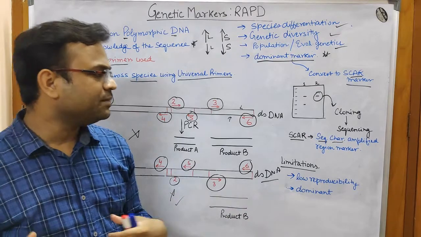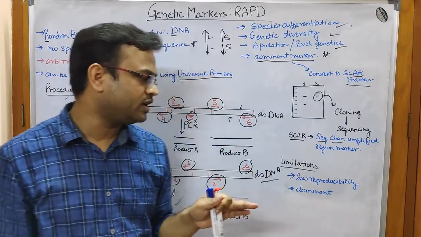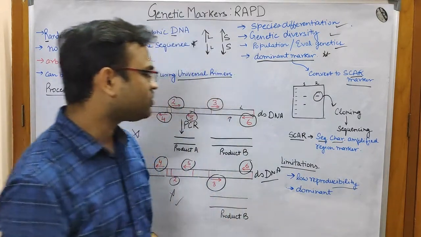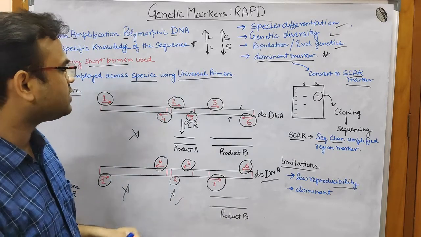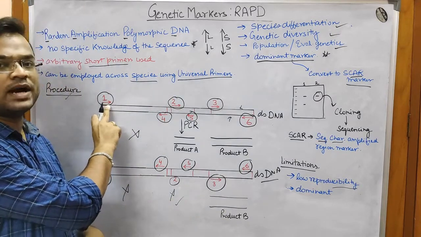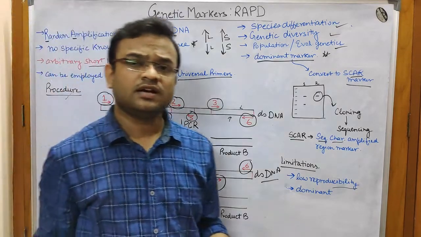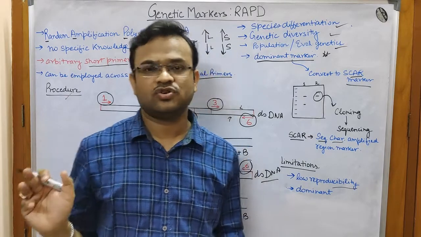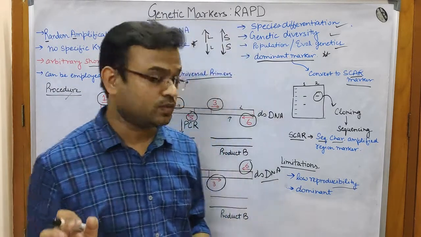So now coming to the limitations, what are the limitations of this particular RAPD technique? As I have already told you, it is of low reproducibility. Once you try to repeat this experiment, it is not necessary that the primer would bind at this position only, it can bind to a different position. So getting the same results each time is not ensured. It does not have a good reproducibility, in other words.